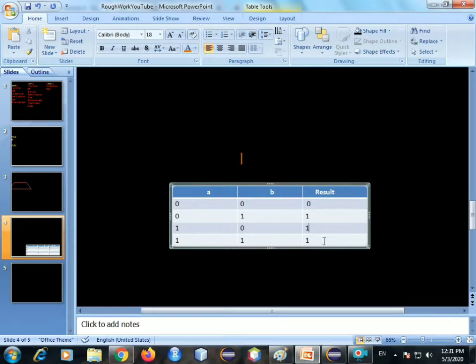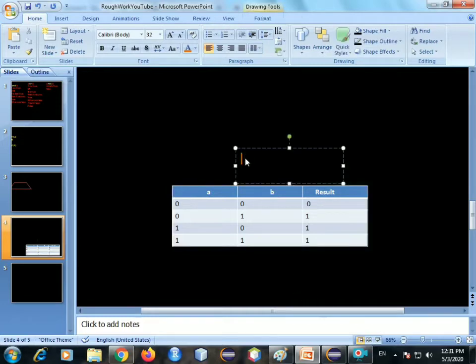Now we have binary XOR. XOR is symbolized using the caret symbol on your keyboard. This is your caret symbol. It is for XOR. What it does basically is, XOR follows a simple rule.